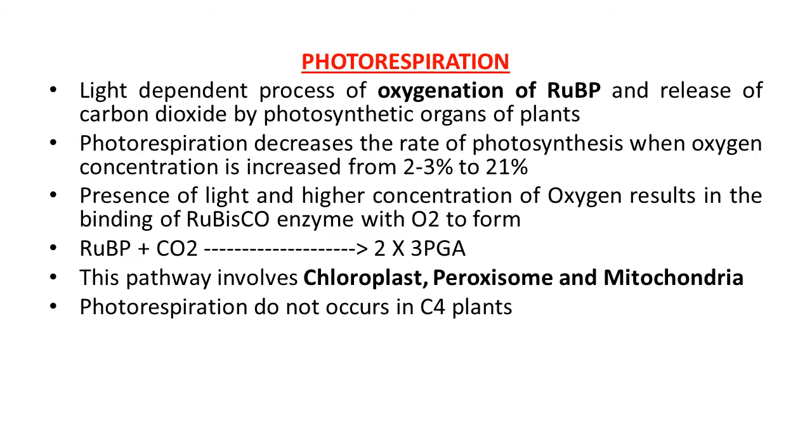To understand the entire process of photorespiration, knowledge is required of the first step of the Calvin pathway, the first CO2 fixation step, that is the reaction where RuBP combines with CO2, as you know very well, and two molecules of 3-PGA are formed. The entire reaction is catalyzed by the enzyme known as Rubisco. So for our understanding, during this Calvin cycle, this step is RuBP plus CO2 in the presence of Rubisco, two molecules of 3-PGA are formed. Rubisco, that is the most abundant enzyme in the world.